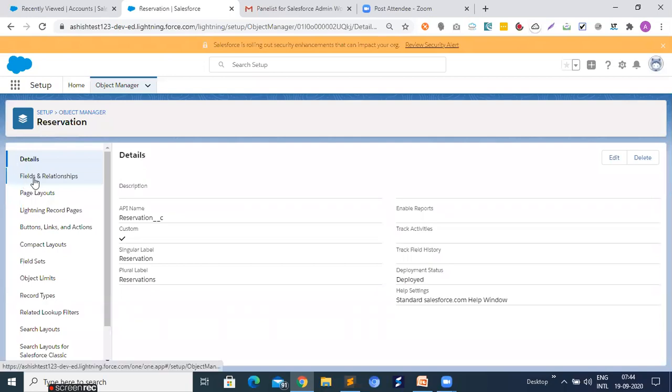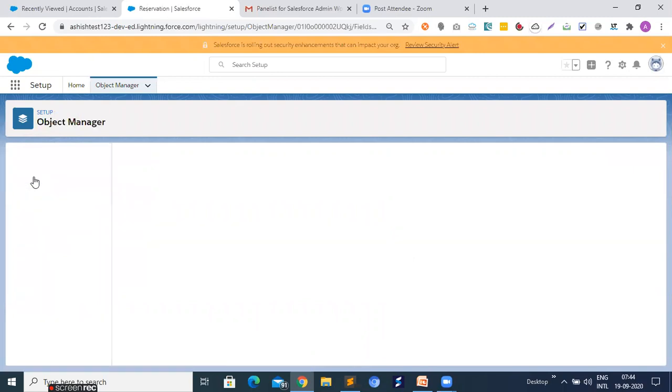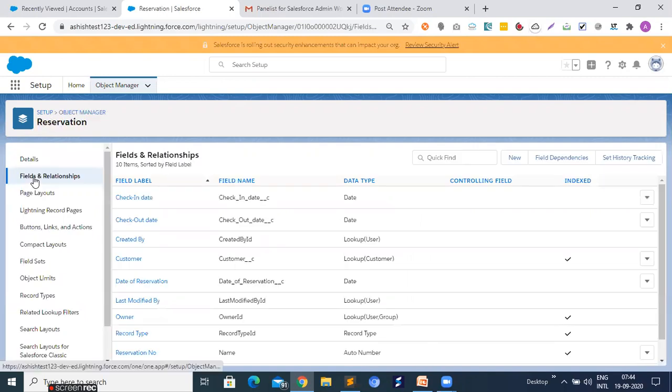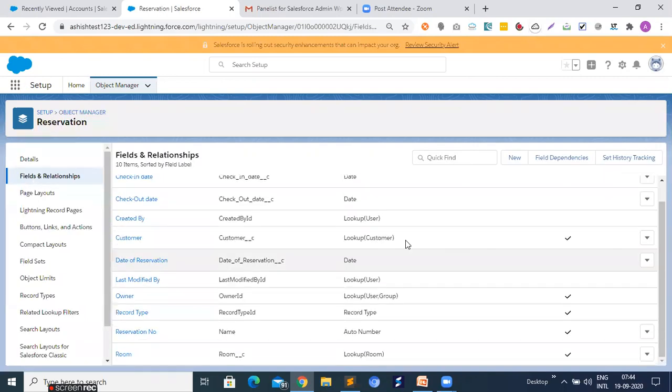So just click on fields and relationships. And you can see we have a lookup relationship with customer and one lookup relationship with room, right?